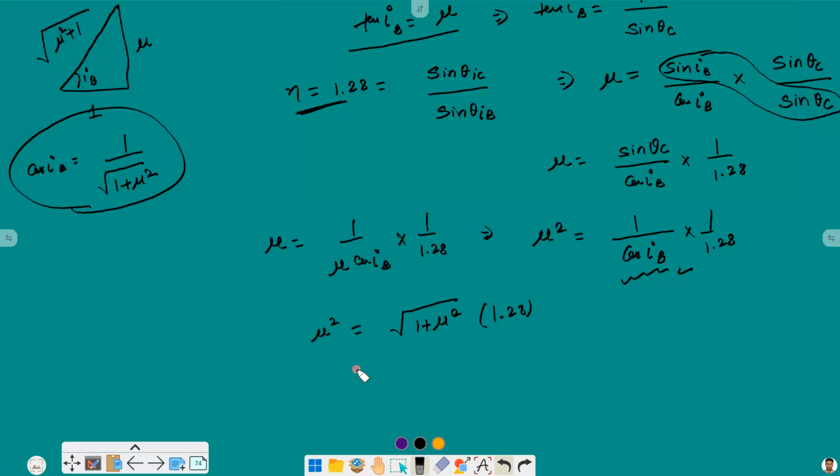Now if we square both of the sides, we will get mu raised to power 4 divided by 1 plus mu square is equal to 1.28. Now to solve this, let us write mu square as x, and mu raised to power 4 will then be x square. So this will be x square divided by 1 plus x is equal to 1.28,